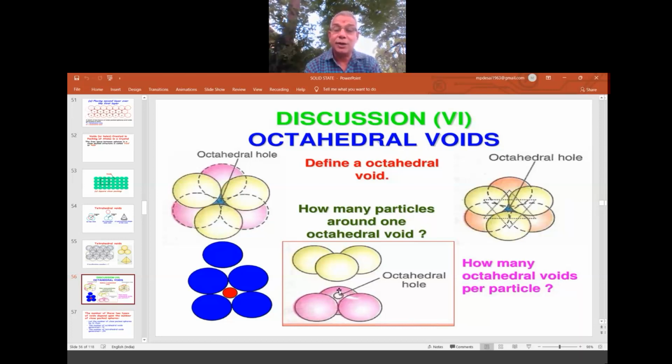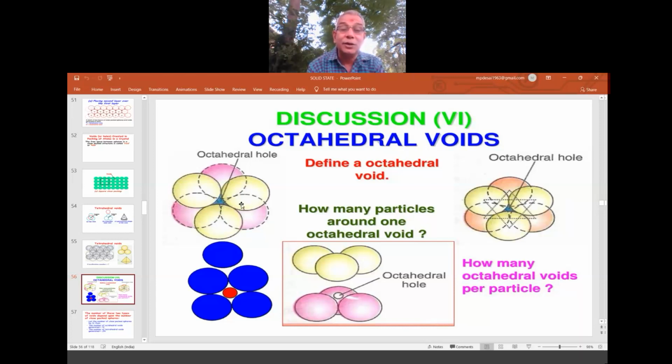But by fixing, you can reduce the size. That means you can go for a little better packing. Okay, but void is there. You can go for a little better. This you can see here. Earlier, the blue triangle, you can see. This blue triangle is what? Without this one, fixing this one.